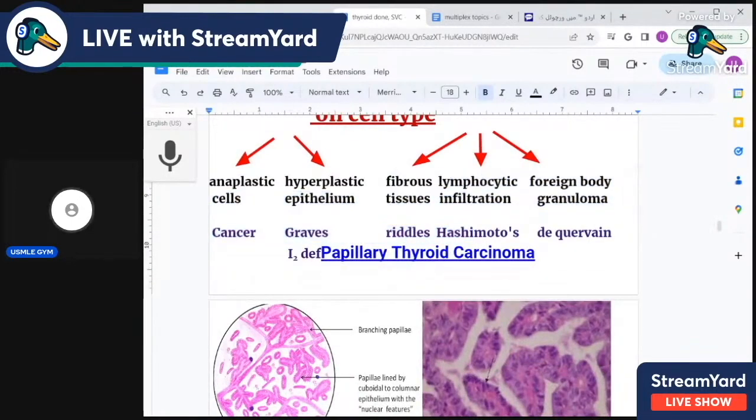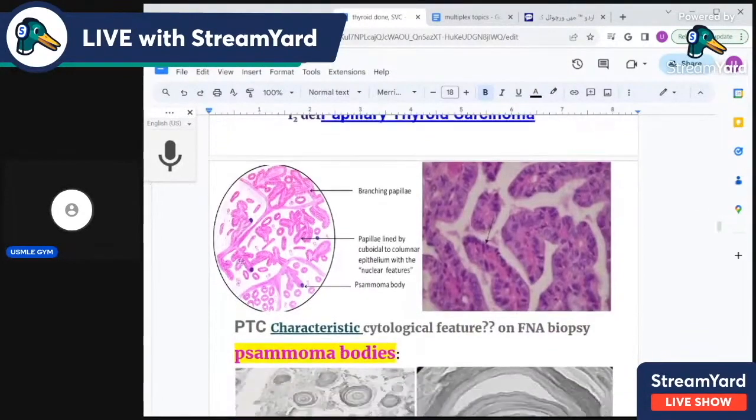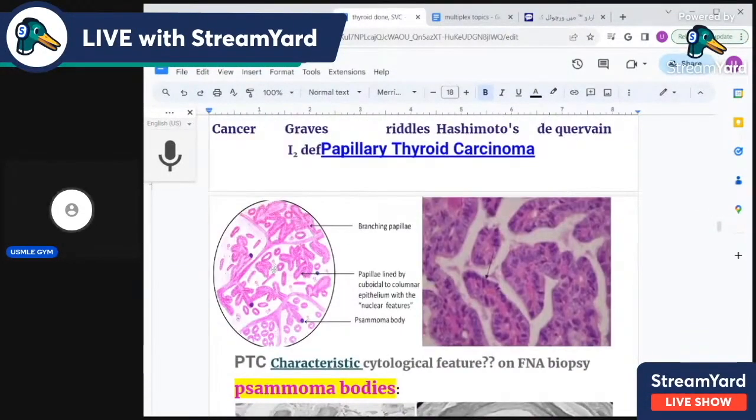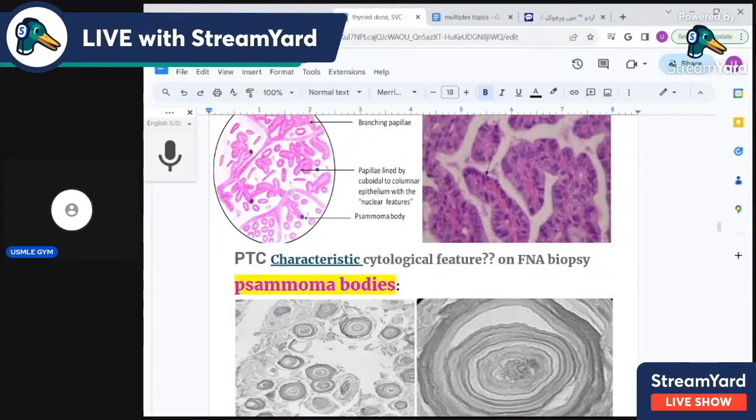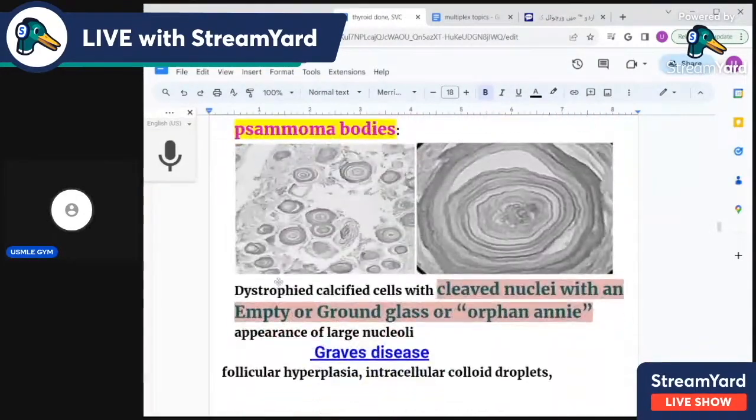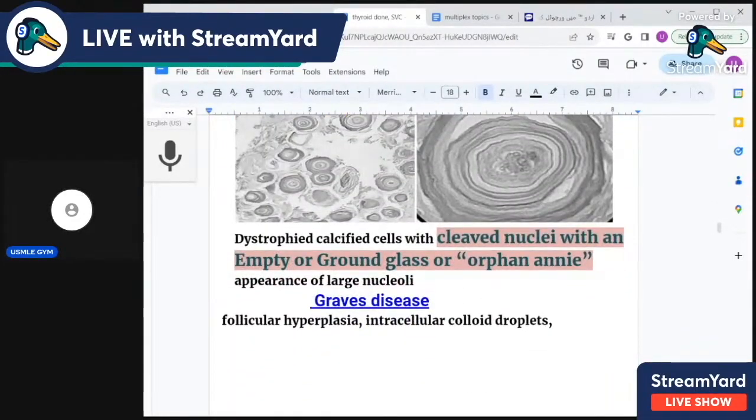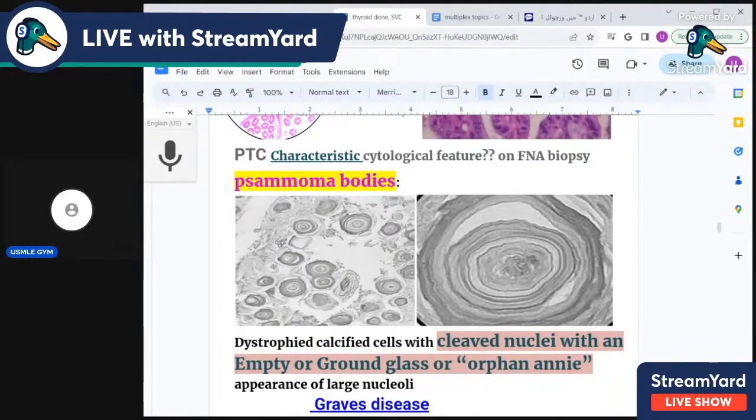In the anaplastic type, we have cancer. There are four types of cancer. Papillary thyroid carcinoma is the most common, occurring in 80% of cases, and it causes local invasion. Psammoma bodies are characteristic of papillary carcinoma. The second most common is the follicular thyroid carcinoma, which occurs in 15% of cases. It causes distant metastasis. The other two types are medullary carcinoma of the thyroid and the anaplastic carcinoma of the